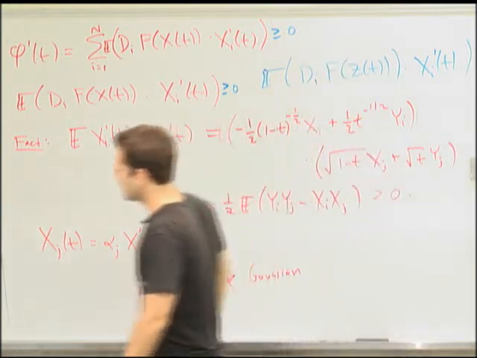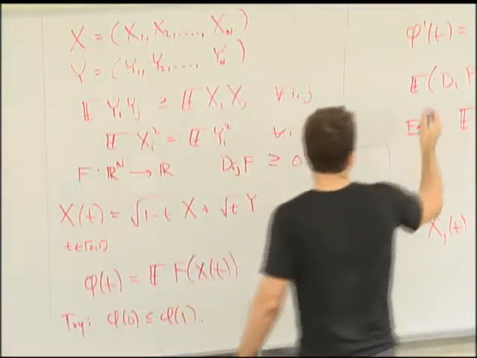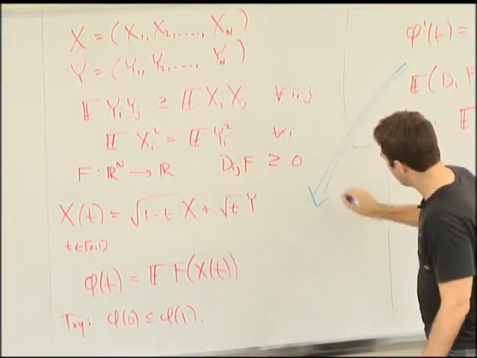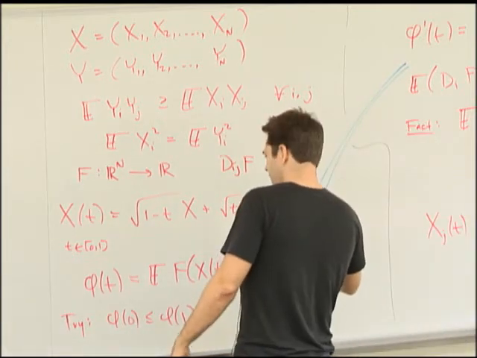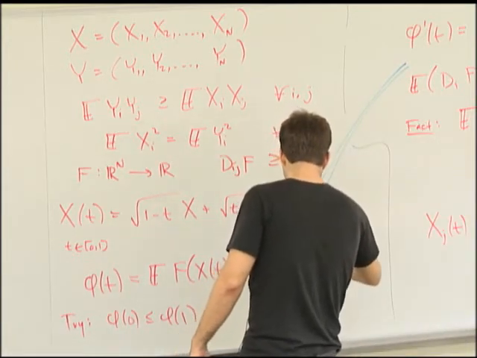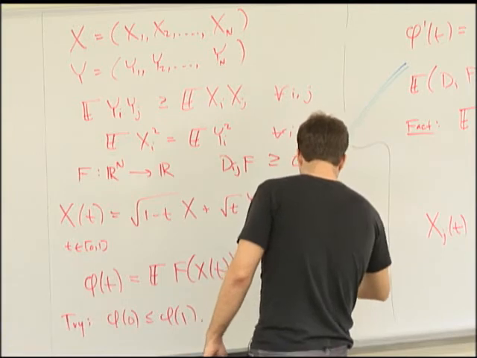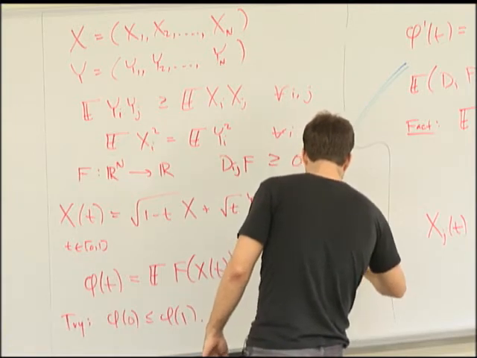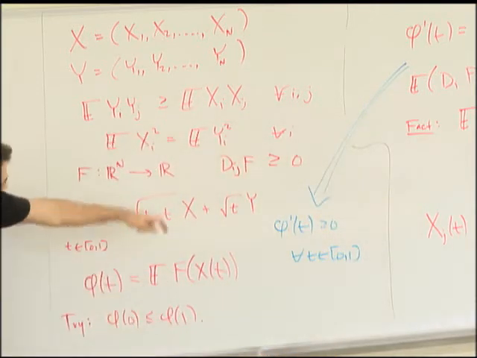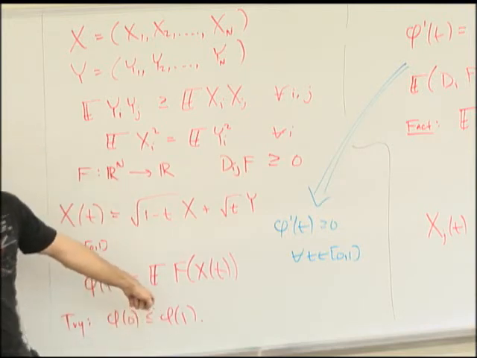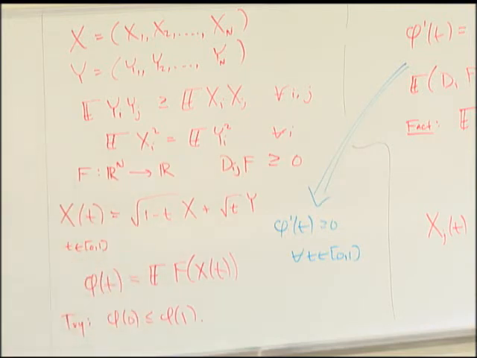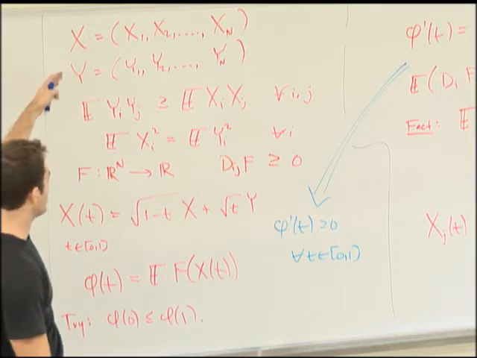All right. So that implies that phi prime of t is greater than or equal to 0 for all times t, which implies that phi of 0 is at most phi of 1. Okay, so we've proved that under all these assumptions,